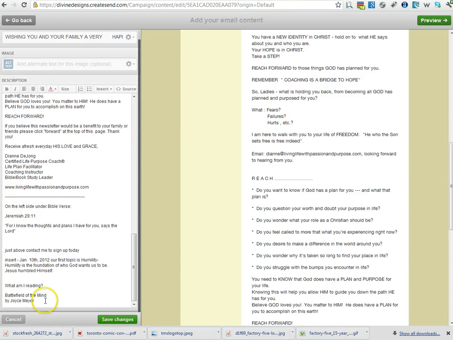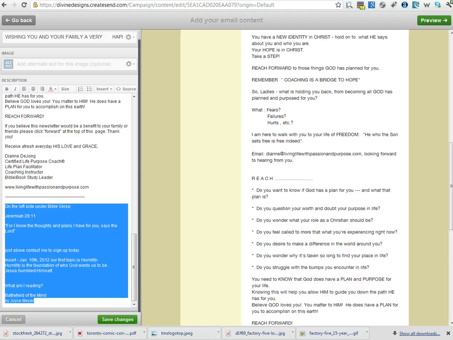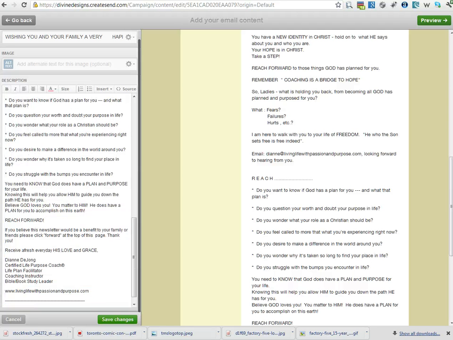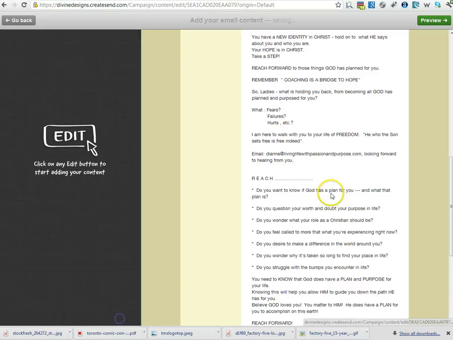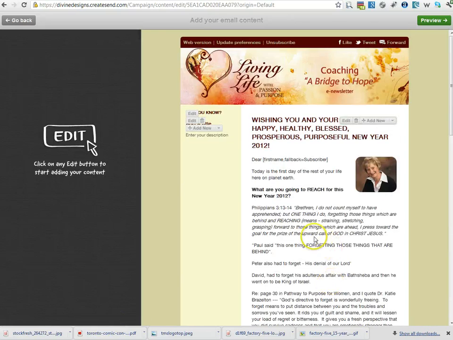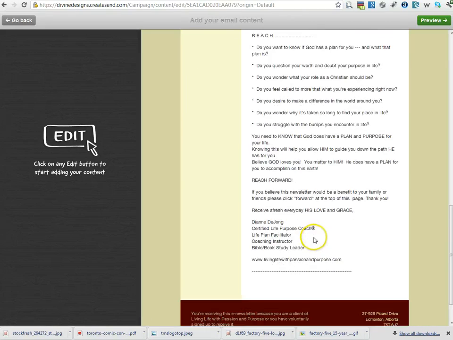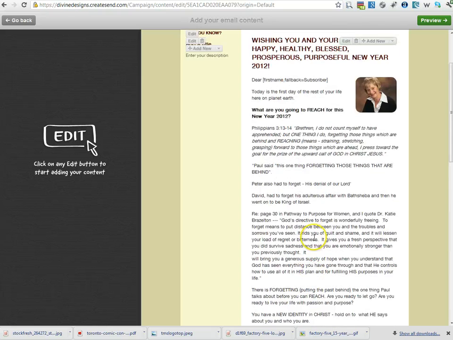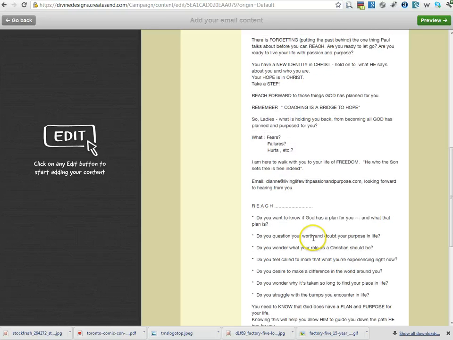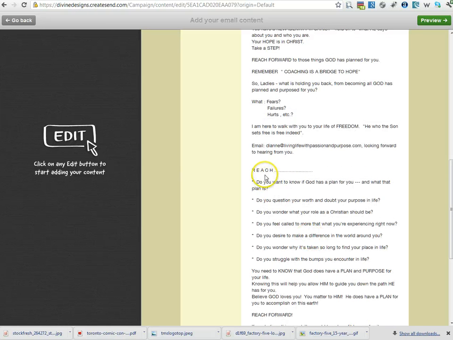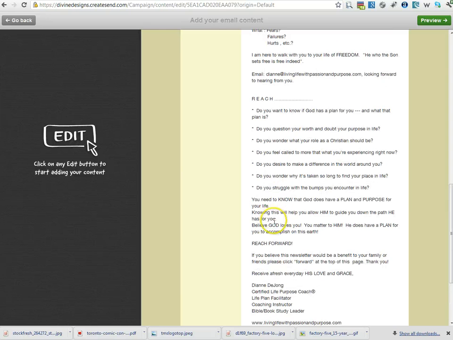Oh, okay, so this stuff here is not actually going to be part of it. So we'll save our changes. So now, this is what we've got for an email. This part here, this reach part,